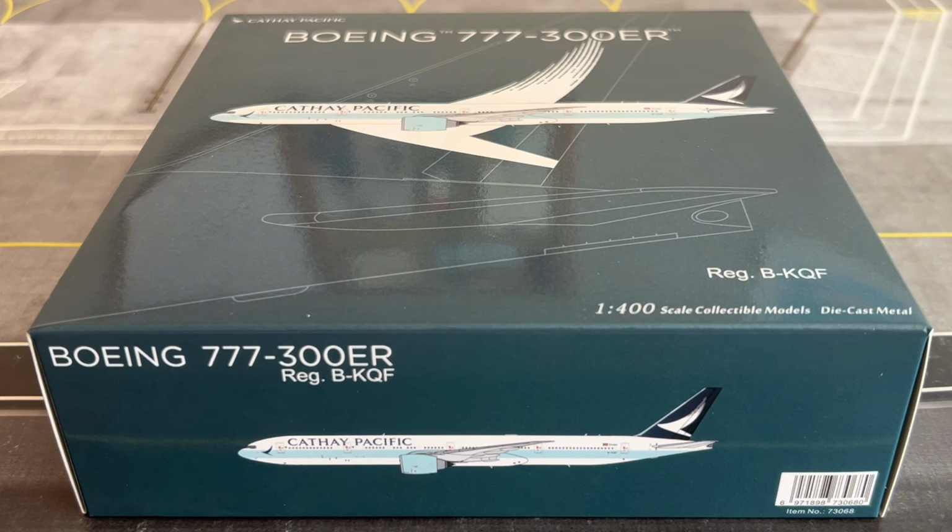Founded on September the 24th of 1946, Cathay Pacific is the flag carrier airline of Hong Kong, with its main hub located at Hong Kong International Airport. Operating along with its subsidiary airlines, they operate to more than 190 destinations and 60 plus countries worldwide, including scheduled passenger and cargo services and codeshare and joint ventures. According to planespotters.net, Cathay Pacific operates a fleet consisting of 179 aircraft, including 52 Boeing 777 widebodies. This makes up 17 of the stock standard 300 variant, not the ER variant, and